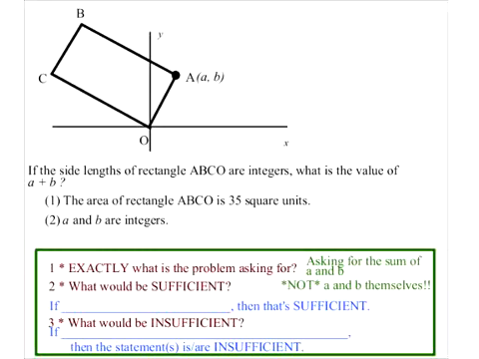Like what exactly do we need to be sufficient in this problem? To know if A and B can be found? No, that's too much. We do not have to find A and B themselves. And the way these problems will probably work is you probably won't be able to find them. But you might still be able to find the